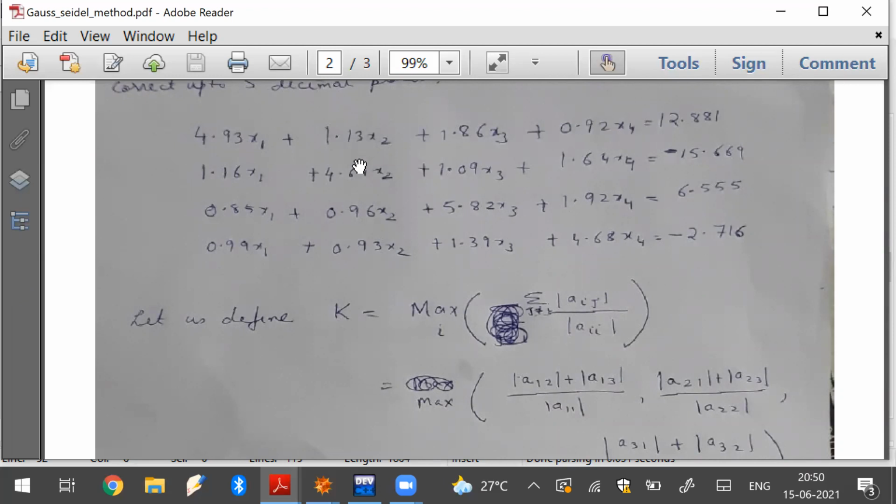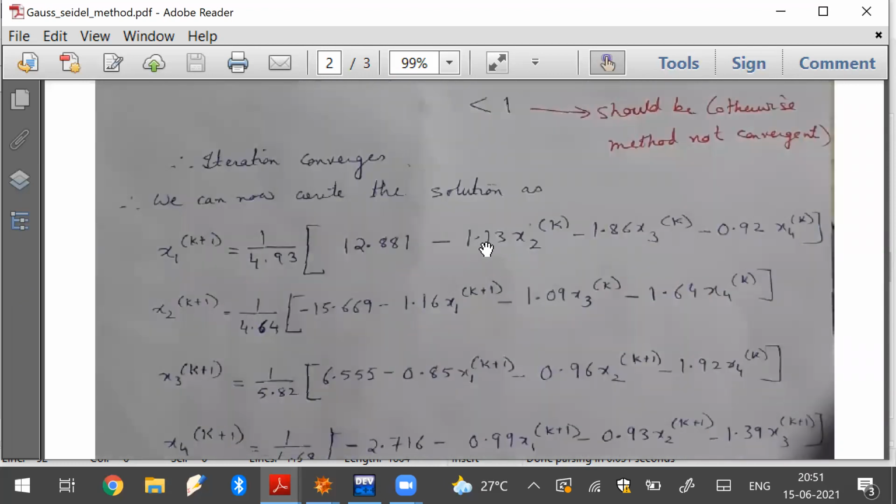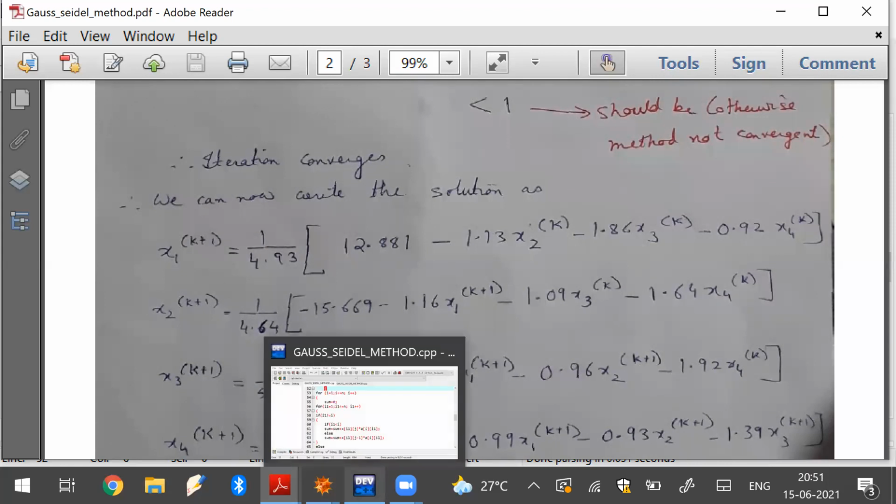So a_i,i1 multiplied with x_i1. That is the thing coming here. See, i means if i equal to 1, if i equal to 2, if i equal to 3, if i equal to 4. So for whatever variable I have introduced there, a_i,i1 into x_i1. That is what this is doing.